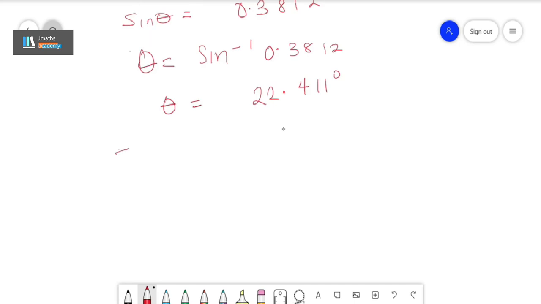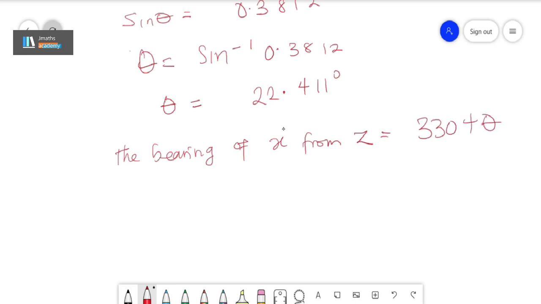Now remember, we're asked to find the bearing of x from z, which is equal to 330 plus theta. So now we have our theta to be 22.411 degrees. So simply add it to 330 degrees